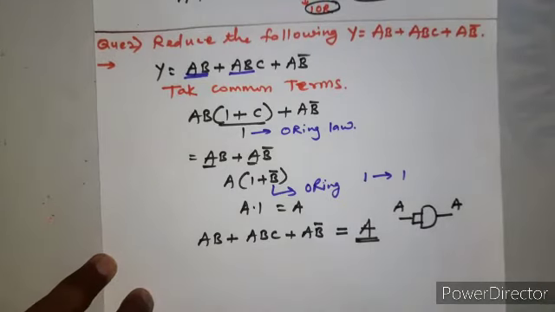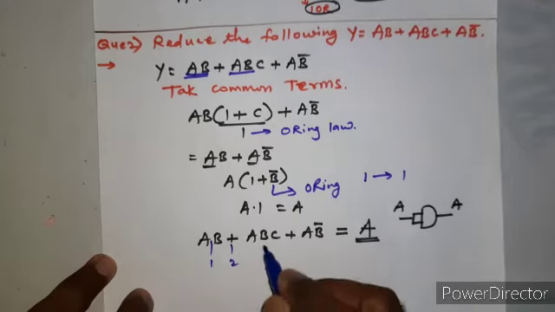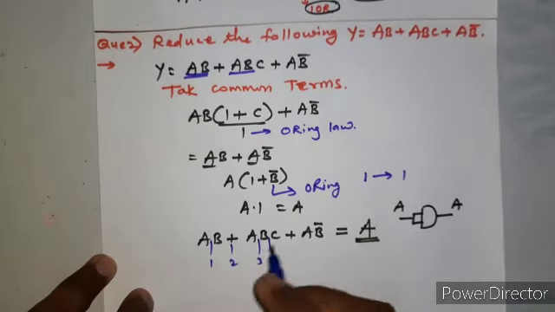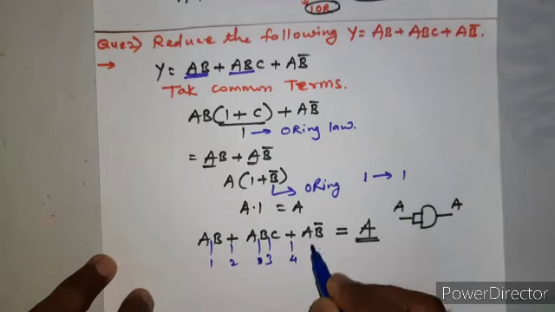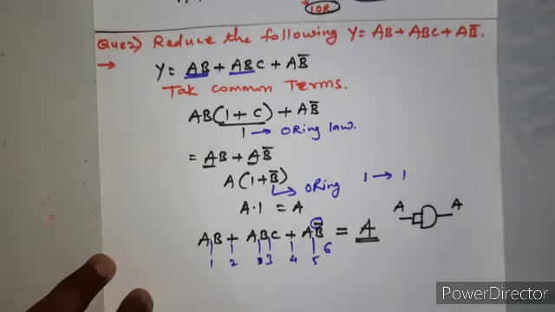So how many gates have I reduced here? I have this 1, this 2, 3, so you can combine this, 4, 5 and 6. Here also you can add one gate, 7. So from 7 gates I have simply reduced it to a single gate.